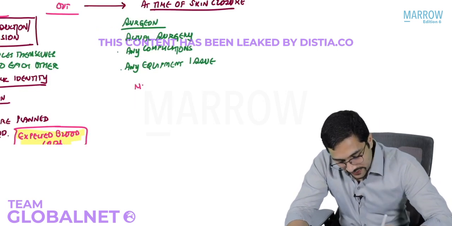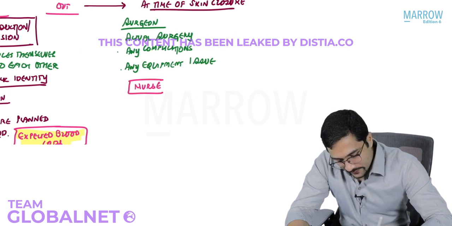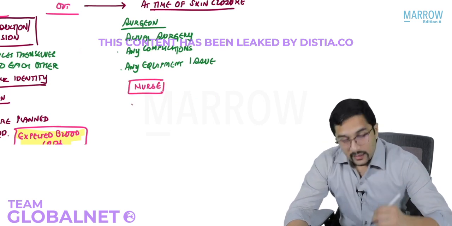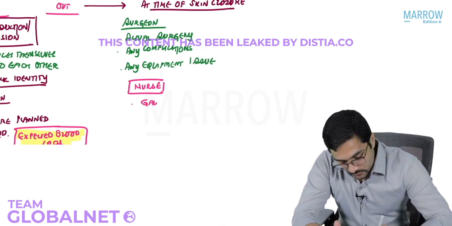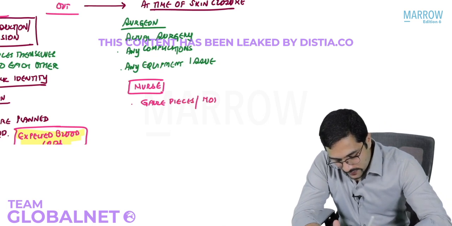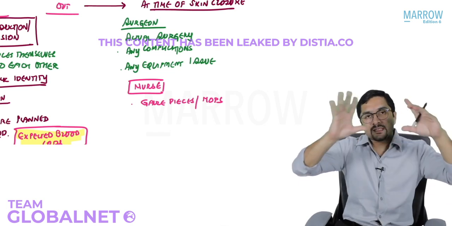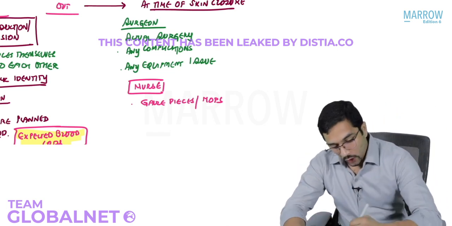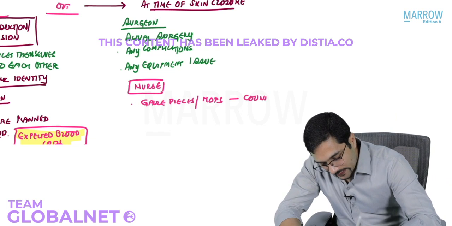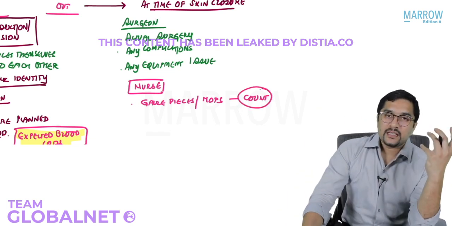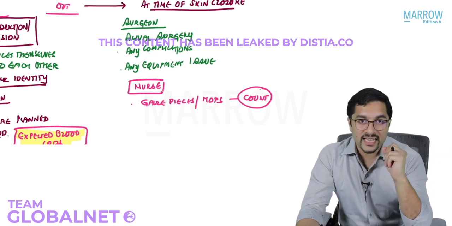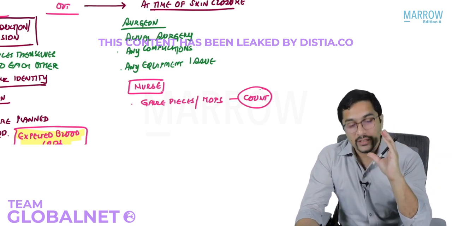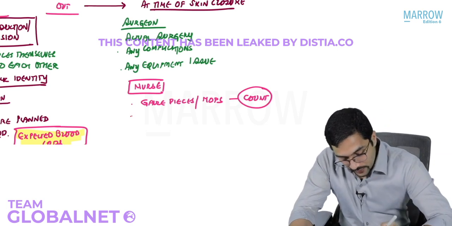The nurse has a very important role in the sign out phase. The nurse is asked, are all the gauze pieces and equipment counted for? So you know that we use gauze pieces and we use mops during surgery. Those smaller ones are gauze pieces, the bigger white one is the mop. So gauze count and mop count, is it correct? So if they opened up 10 gauze pieces before surgery, have they counted 10 gauze pieces again? Is something being left inside? So all these have to be counted.